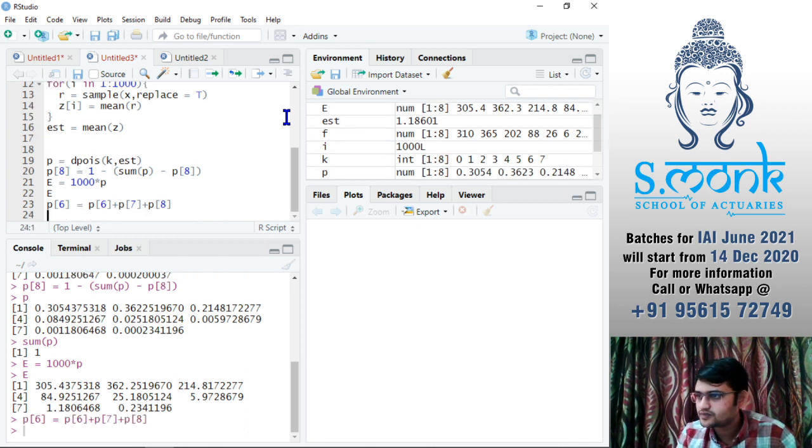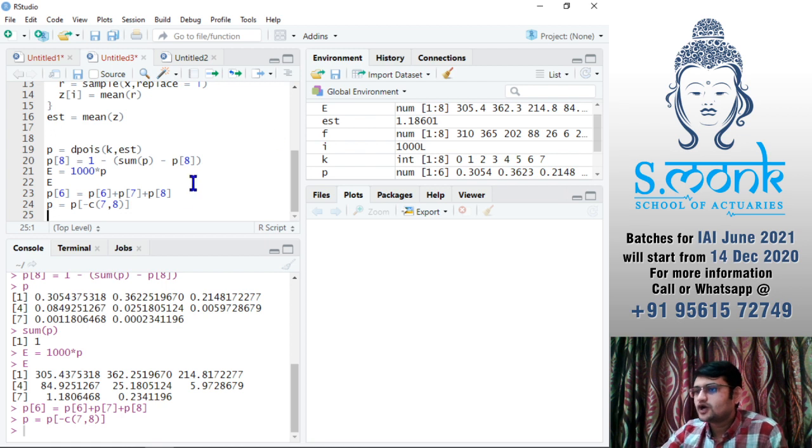Okay, so I'll press Control Enter, and then I need to remove my 7th and 8th values. So I would say my new P will be equal to my old P, and in brackets I need to remove two values, 7 and 8. Control Enter. This is how we remove values.